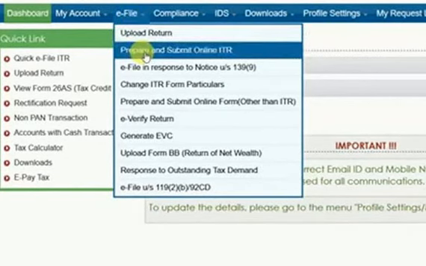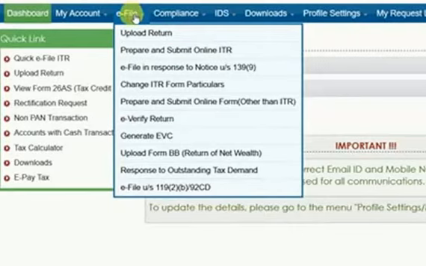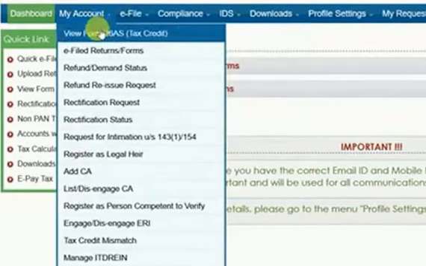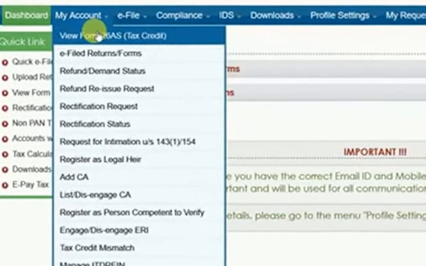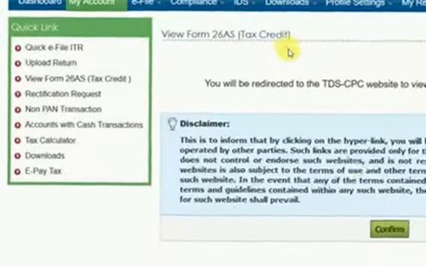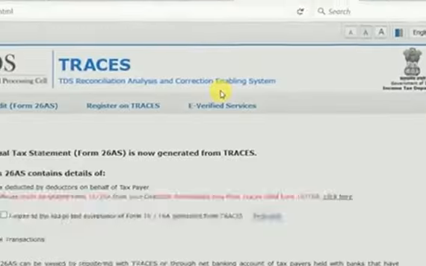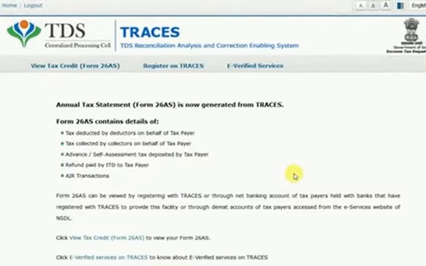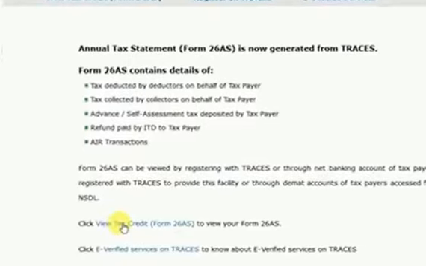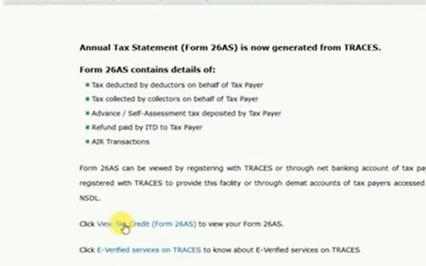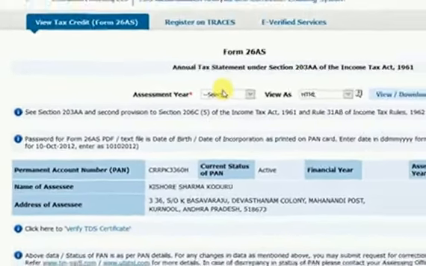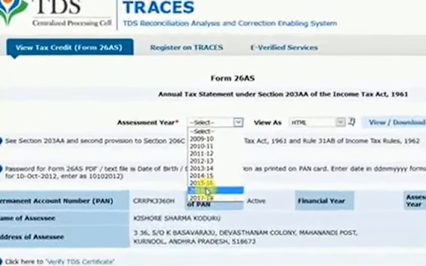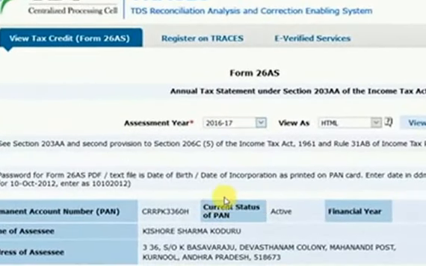tax consultant. So now, first of all, we have to check and view Form 26AS. If you want to apply for a loan, they ask for this 26AS tax credit statement. Every year you can check it.